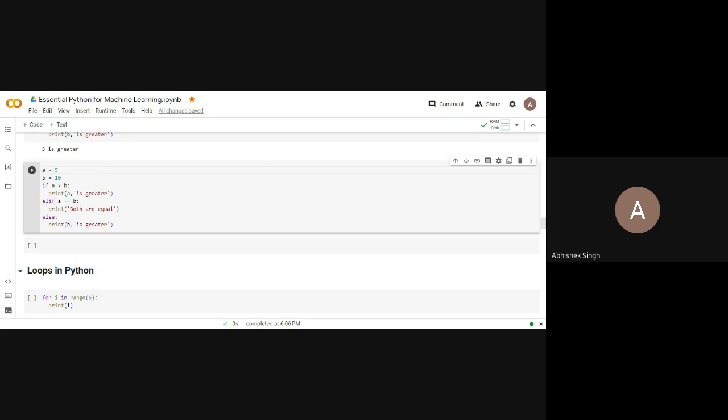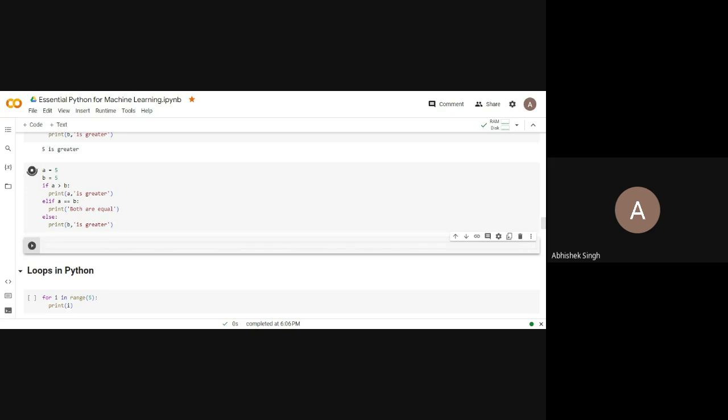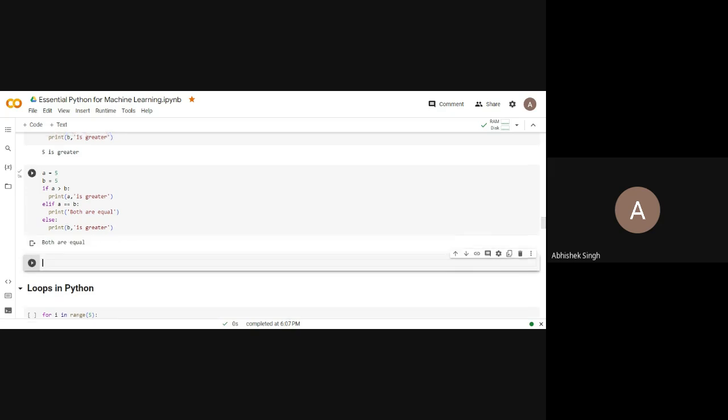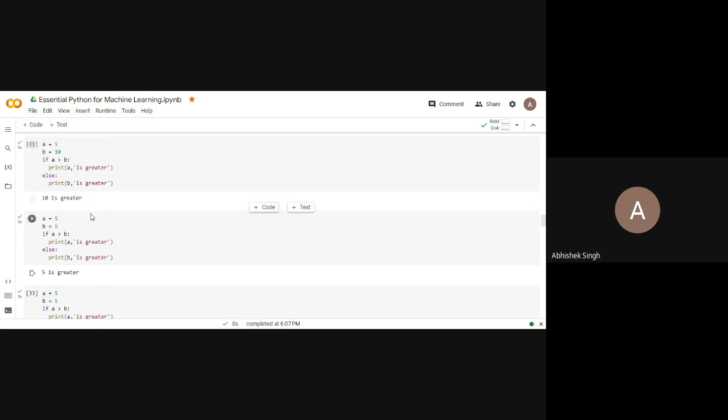No. Then it will go yes. So suppose let me change it to 5 and see. In Python we write this as elif. So let me run. So both are equal. Okay, so this is how you have to use if else. Again, do remember that I have written a colon here, and here you can see some space is there.